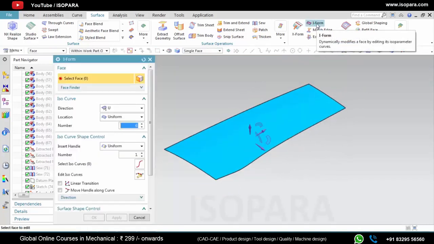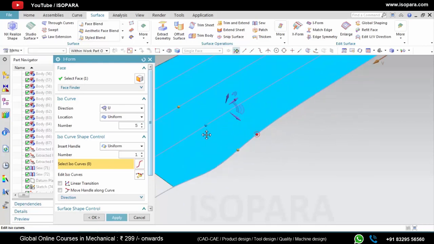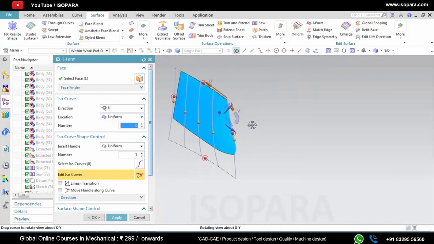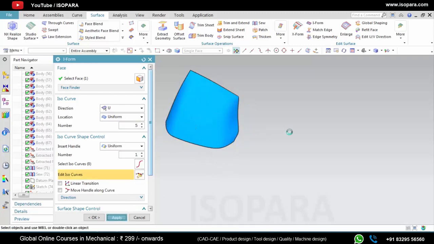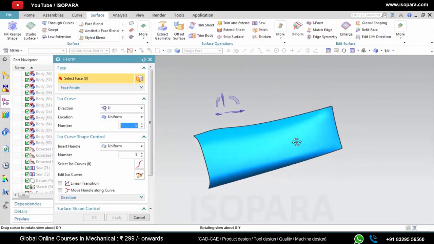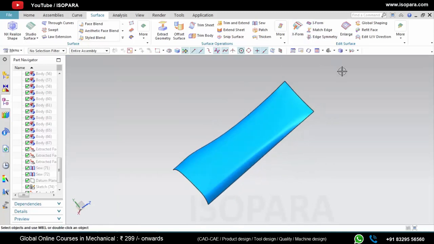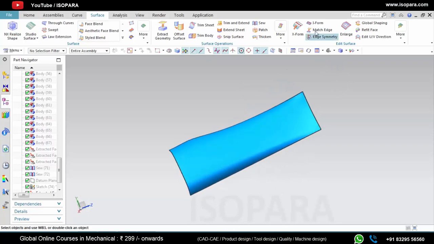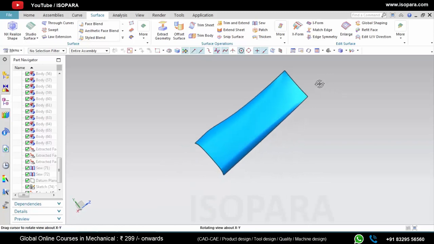Now let's see iForm. So in iForm you will get only vertical isoparametric curves, and similarly you can change the shape of the surface like this. So as you can see, you can create any type of shape using these commands. This is useful in styling work. We don't use these commands generally,